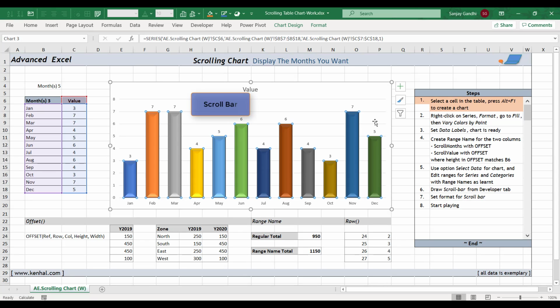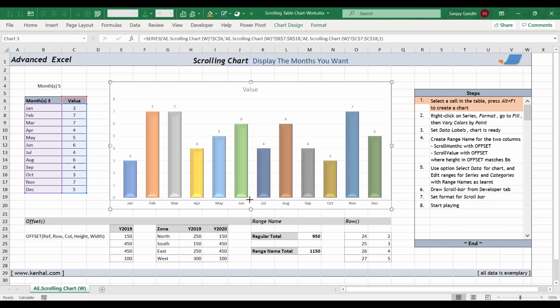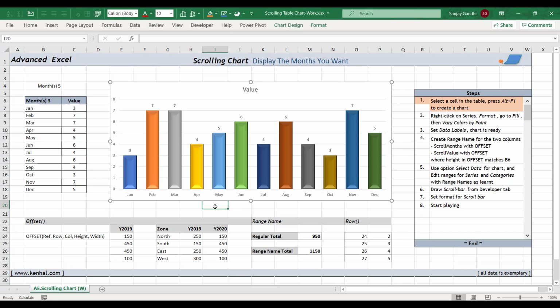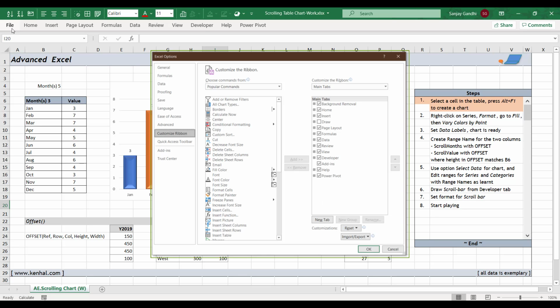Now I need to use the scroll bar. So I can resize that again to place my scroll bar here. And the scroll bar can appear from the developer tab. To get the developer tab, you can go to File, Options, Customize Ribbon, and apply the developer tab there. Once it is applied, we can go to the developer tab here,